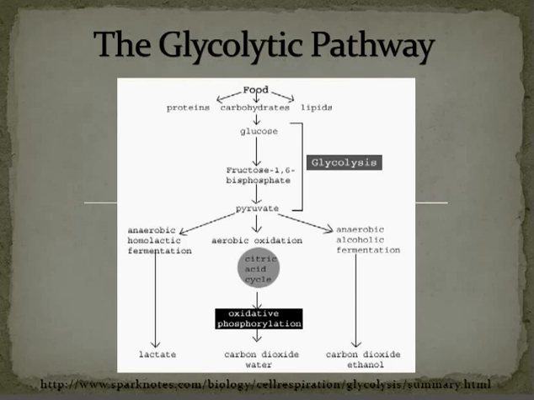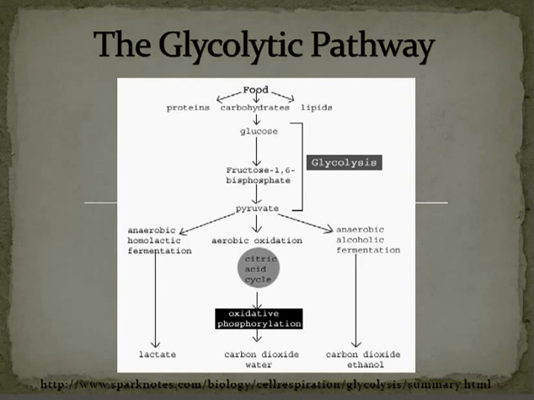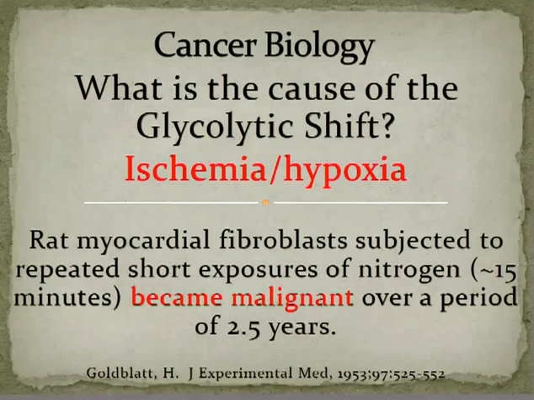Or if we're aerobically metabolizing, we get the citric acid cycle and turn out 38 ATP here. Or we turn out 2 ATP by anaerobic fermentation, which is the glycolytic pathway. And what's the cause of this glycolytic shift? Turns out Warburg thought it was initially ischemia and hypoxia. And he cites a later article after he had made this